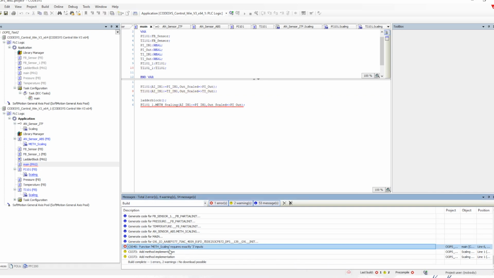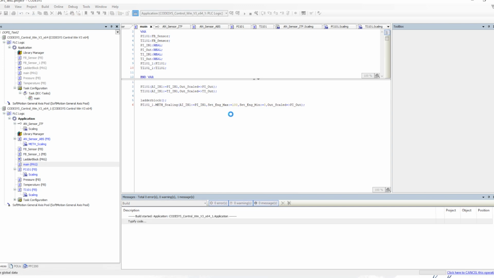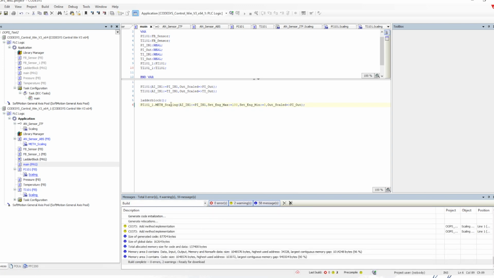Here if you see, we are getting the error that method scaling needs all three inputs, because we have defined VAR_INPUT, the three different inputs are there. So those things we have to define, that is a basic of our function block programming when we do. It is not anything different other than that. But yeah, I wanted to show how exactly the error is getting created